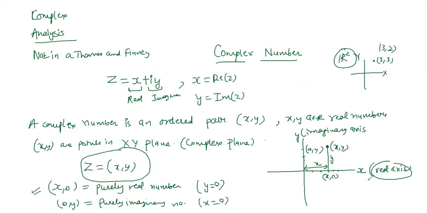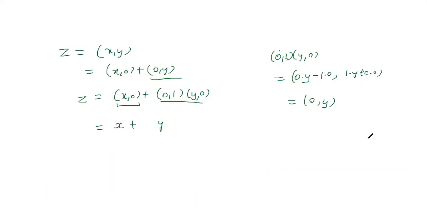So when we have purely real numbers, we do not need to write them every time as 2, 0 or 3, 0. We can simply write them 2 and 3. If I just give you a number 2, this is a real number. If I write it 2, 0 and tell you that this is a complex number, in the category of complex numbers specifically it happens to be a real number. Everybody knows that the set of complex numbers includes the real numbers among themselves. It's a superset, an extension of the set of real numbers. So these x, 0 and y, 0 are both just real numbers, and I can simply write x and y for them.